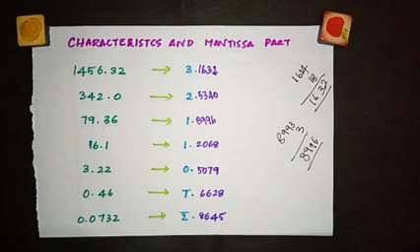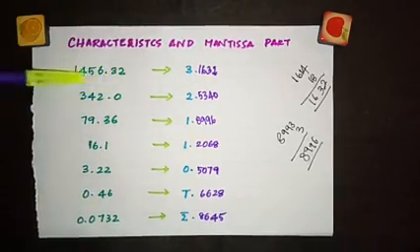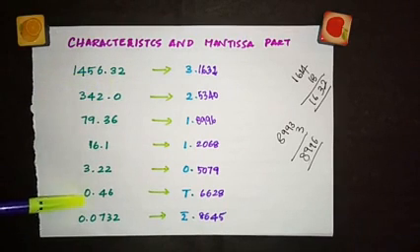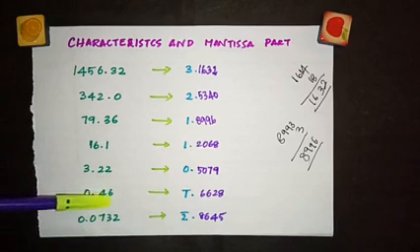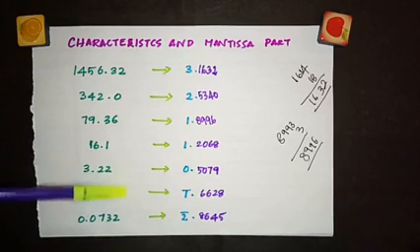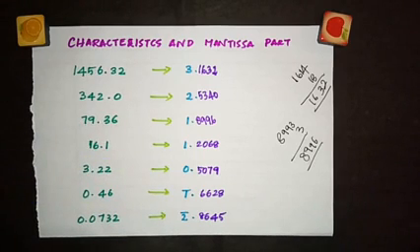So remember, for writing the characteristic part, you have to look at the decimals here, and for writing the mantissa part, take the 4 digits. If it starts with 0, leave that 0, start with the non-zero values. Here, same way, 732. If there are only 2 digits, then for the third digit you can consider it to be 0. So 460, you have to look into the table to write this value. Now let's move on to the calculation part. The example that we have taken in the beginning of the video, let's try to solve that problem.